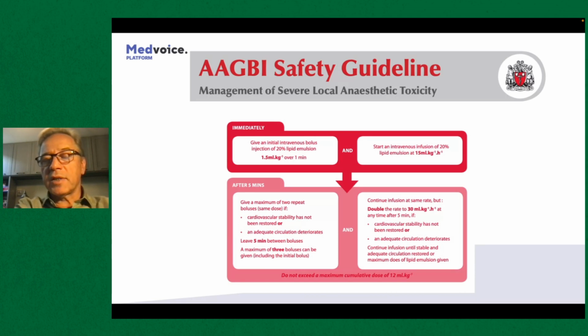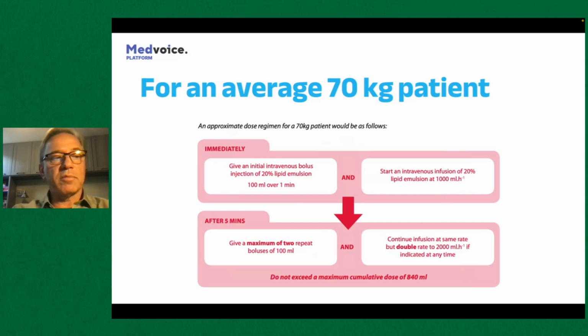And after 5 minutes, you can repeat the boluses twice and then basically double the dose. So if we look at the average 70 kilogram patient, just for easy calculation, you would immediately give 100 mils and start infusion at 1000 mils an hour. After 5 minutes, if it didn't have an effect, you will give another 100 and then another 100 and then double the dose of infusion to 2000 mils per hour, up to a maximum dose of 240 mils